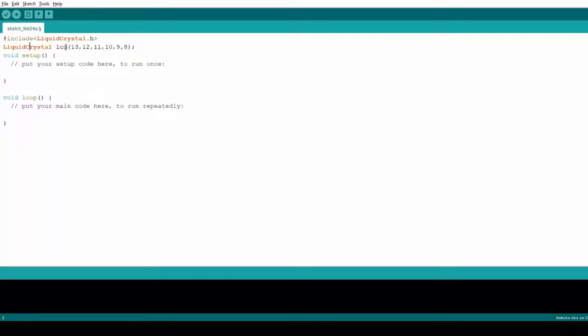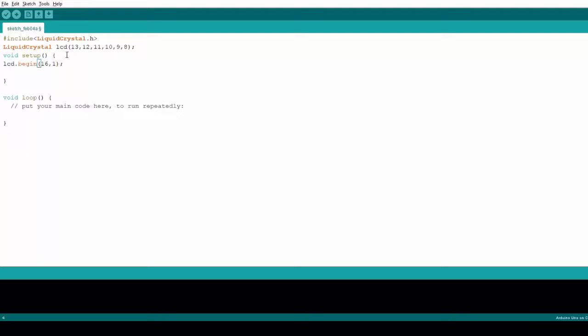Once initializing is over, we write our setup: lcd.begin of 16, 1.